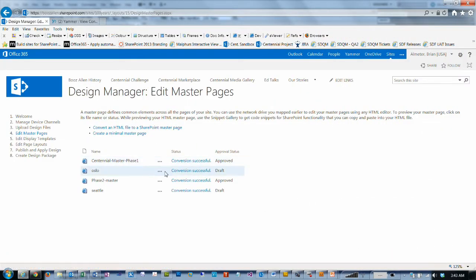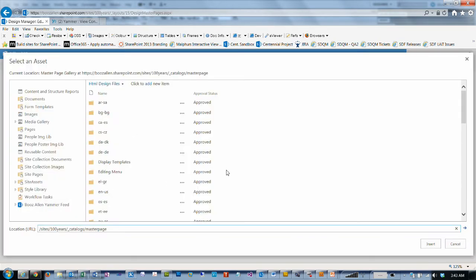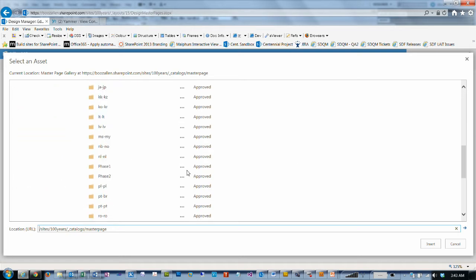Now I wanted to show you what this will really look like within SharePoint when we bring in that HTML design. If I click on Convert an HTML file to SharePoint master page, I can click here and search for a page. You could set up different folders to put your design file in, but what I did was upload a draft here, and I'm going to select that,